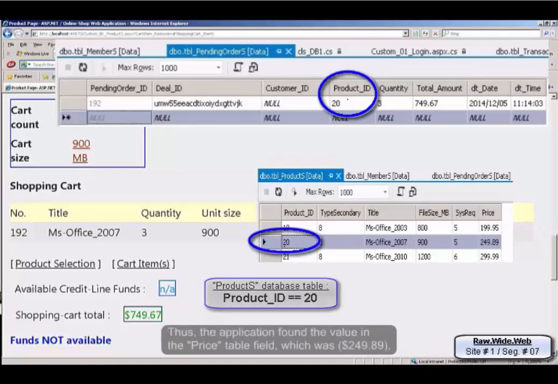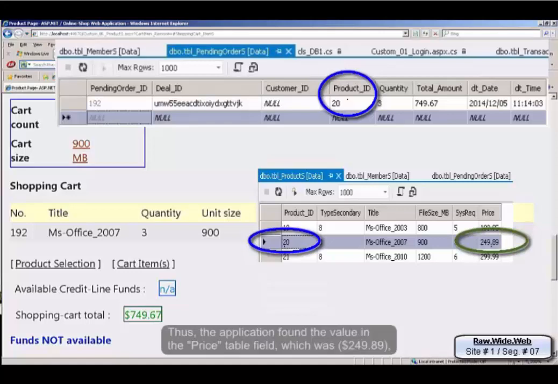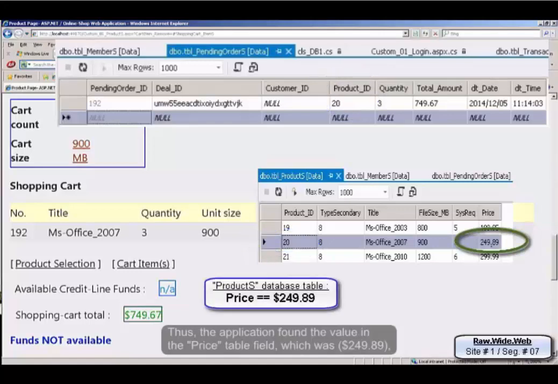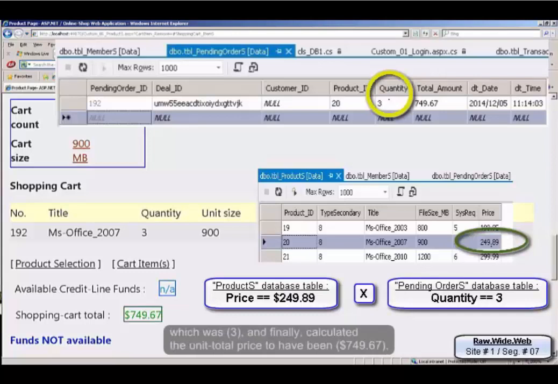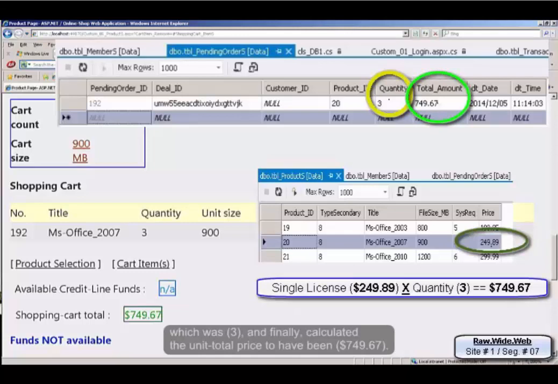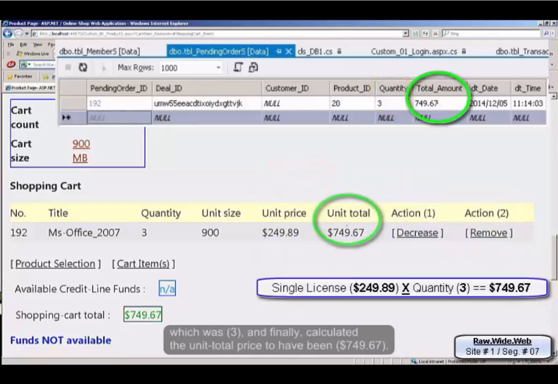Thus, the application found the value in the price table field, which was $249.89, then multiplied it by the value at the previously available quantity table field, which was 3, and finally calculated the unit total price to have been $749.67.